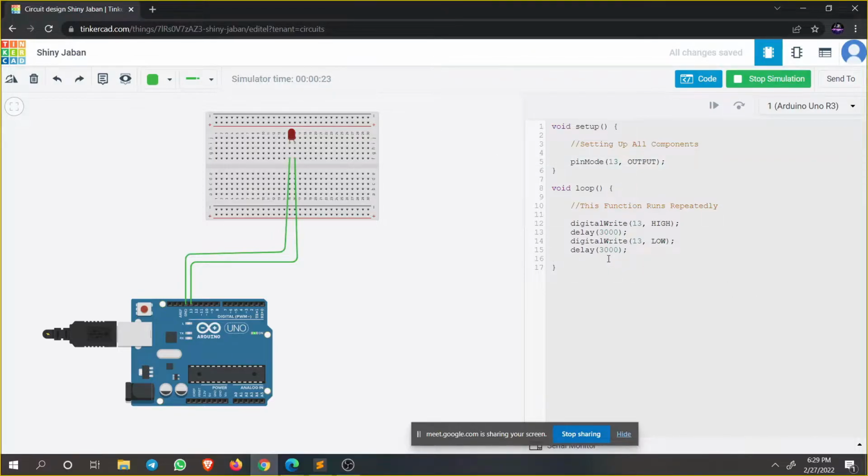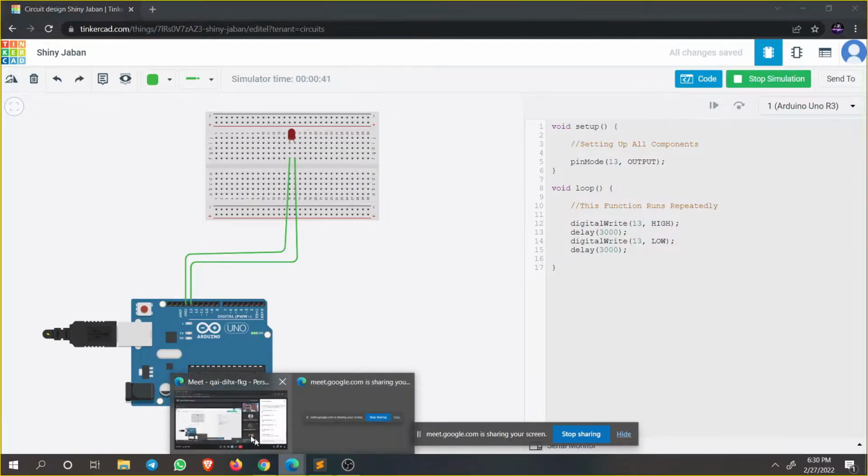One thing is really nice here. If you can control an LED, then you can control everything. You can control a fan, you can control a light as per your wish, as per your requirement. You can control anything. Okay, let this simulation run for now. If you have any queries,